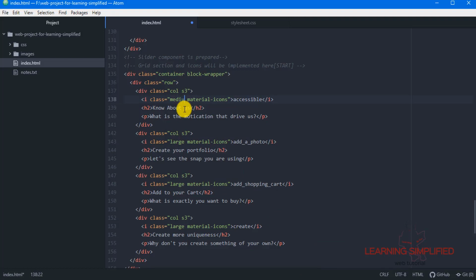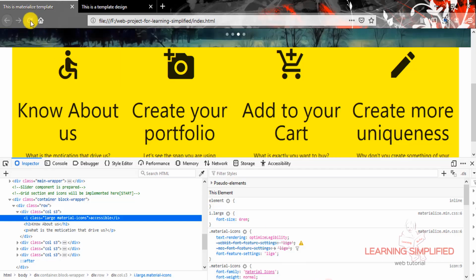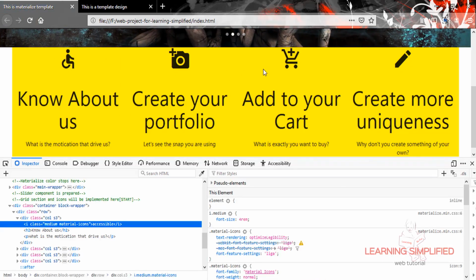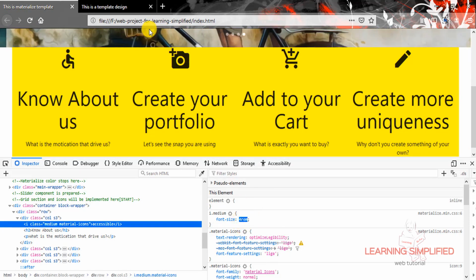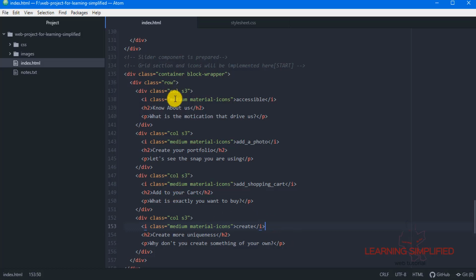Here comes the medium. Copy. Now if we get back to our project and reload, this will be the change here. This is the thing that we are about to see. This is the medium class, and it is right now using a font size of 4 EM as been described over here. In a similar manner, if we use here small or tiny, then the output will be a little different. So we can see that we can practically modify the size of these individual icons over here with the usage of these particular classes like this medium or this small.